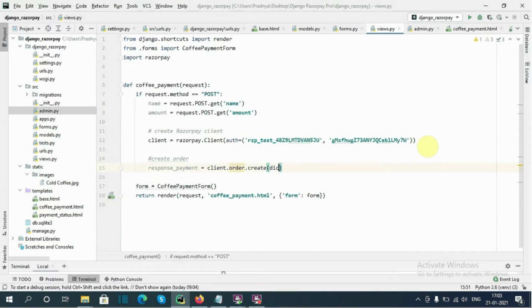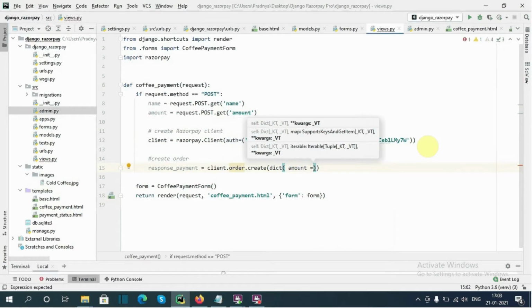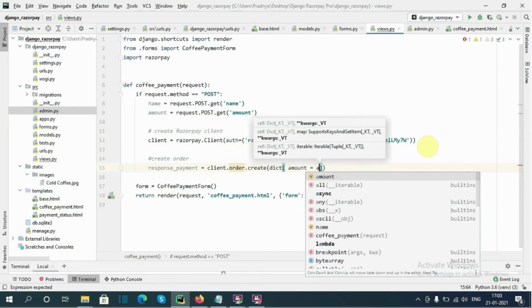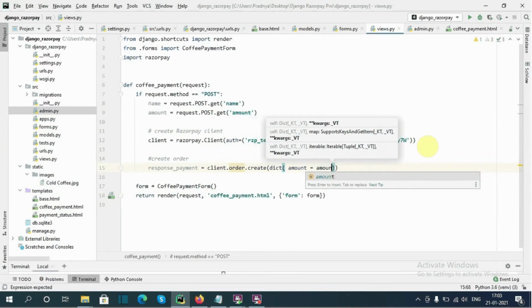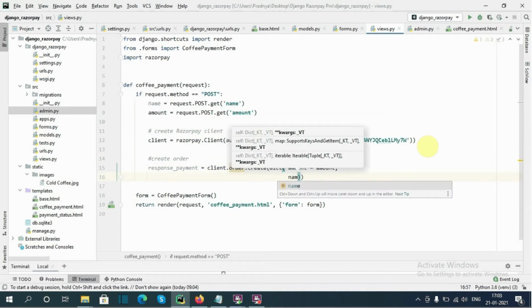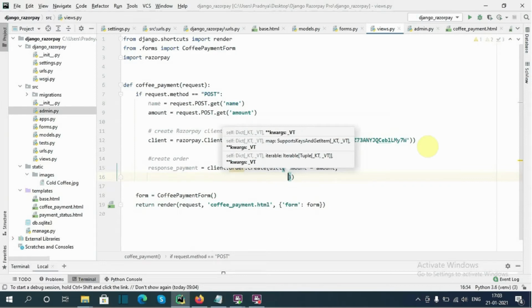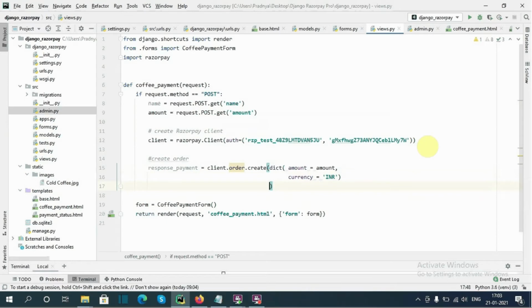I will pass a dictionary, where we need to pass amount equals the amount from the form, okay, next I will pass currency equals INR.